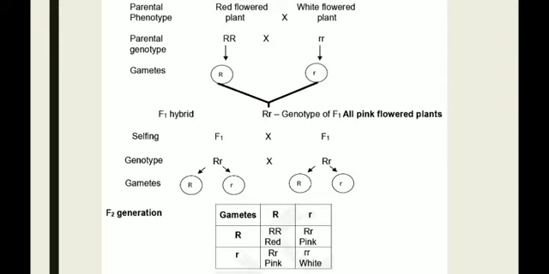After selfing the F1 generation, he got F2 generations, that is RR red, Rr pink, Rr pink, rr white.